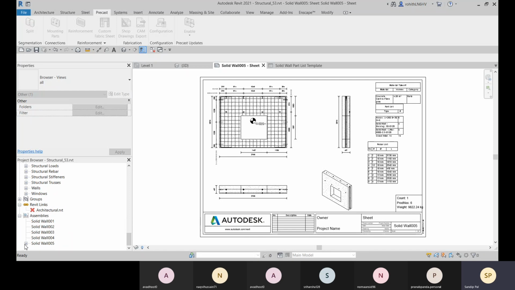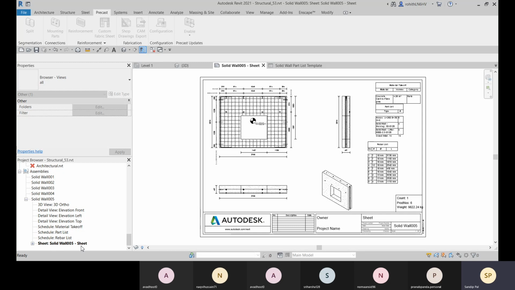Sorry, come to this assembly option, because these are assemblies. So this is your SolidWorld 005. Come down to the SolidWorld 005, and there you can see that this plus symbol is created. That means there are sub components. Open this tree, and now you can see that this is the sheet which we have opened right now.